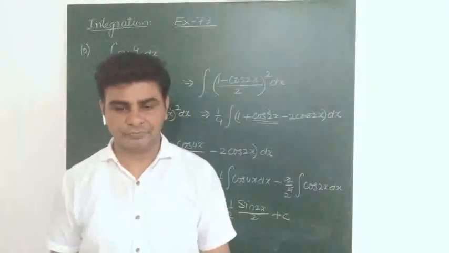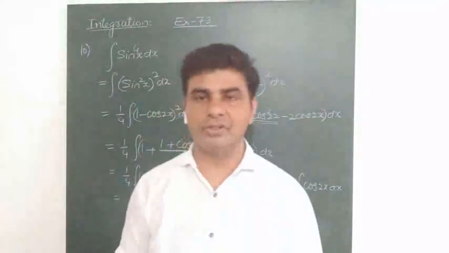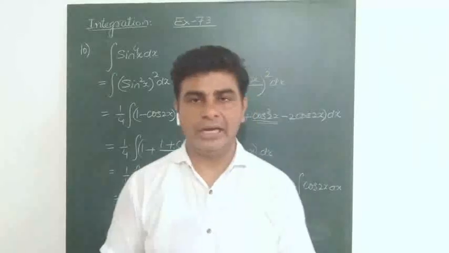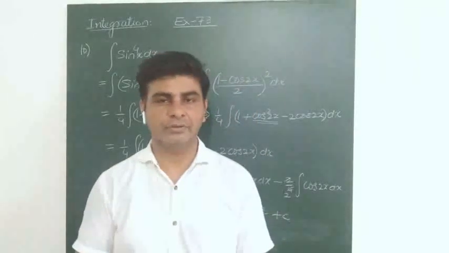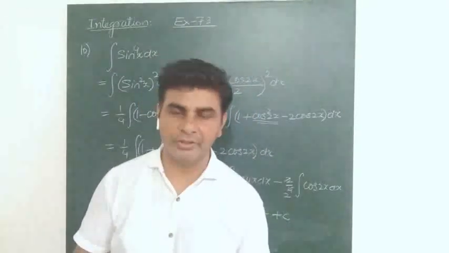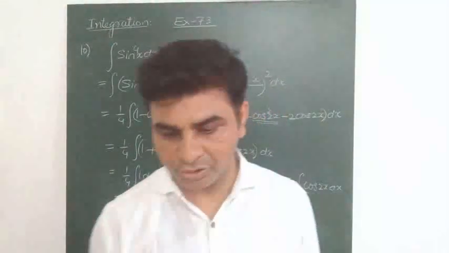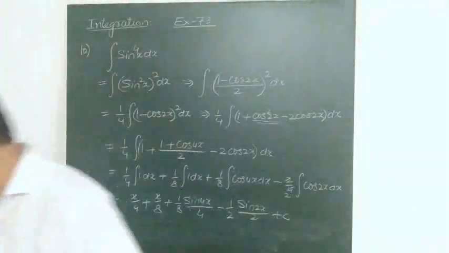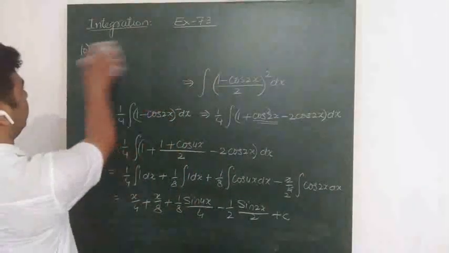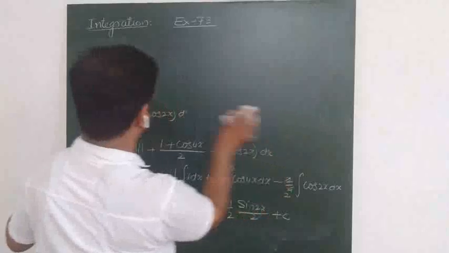Now the question number 11, which is your homework. Again we have the 4th power of the cosine function. Cos to the power 4 of 2x is given to you, so you need to do it by yourself. So let me do the question number 12 now. The question number 12 is your question number 12.